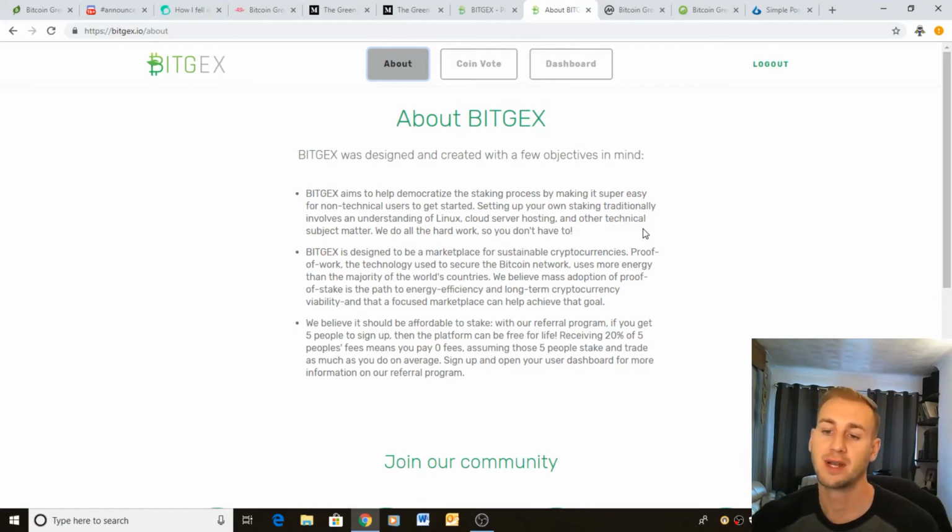It says Bitcoin Green Exchange is designed to be a marketplace for sustainable cryptocurrencies. Proof of work, the technology used to secure the Bitcoin network, uses more energy than the majority of the world's countries. We believe mass adoption of proof of stake is the path to energy efficiency and long-term cryptocurrency viability, and that a focused marketplace can help achieve this. So they're going to be obviously using Bitcoin Green as a trading pair for all the currencies listed on here,